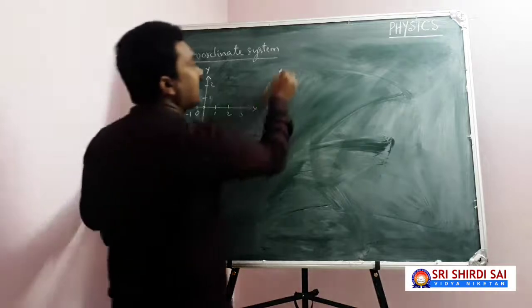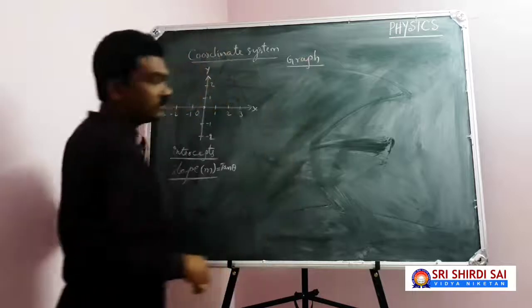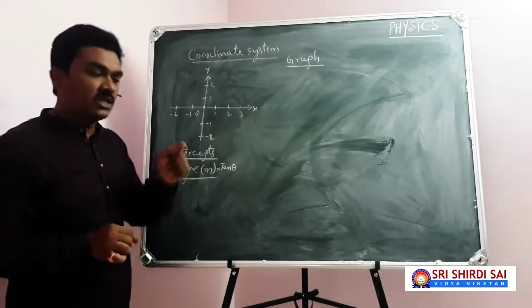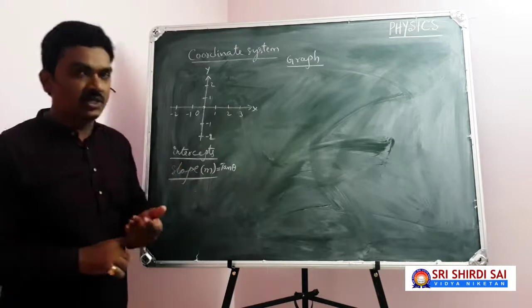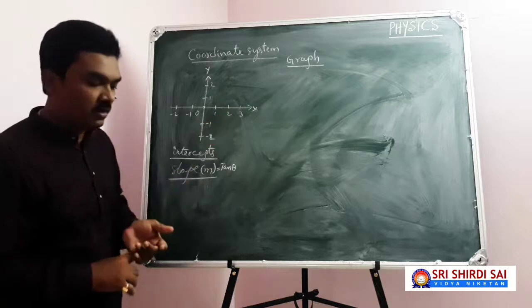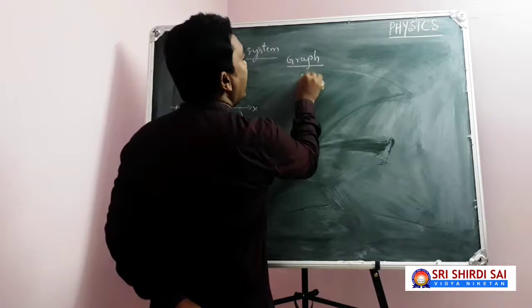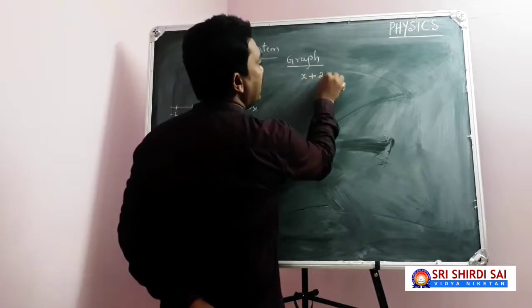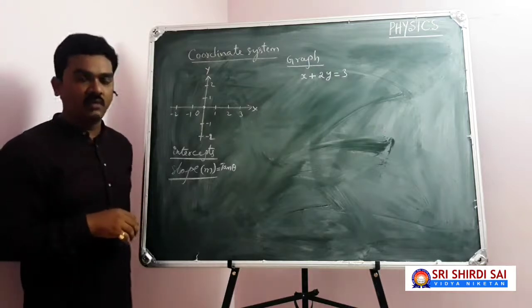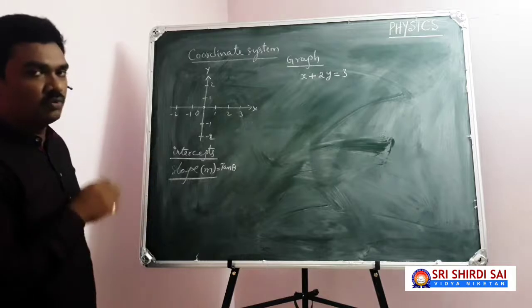Of course, in the earlier class, I have introduced a point to you which is a graph. So a graph is a diagrammatic representation that is given to a mathematical equation. Of course, in the coordinate system, we can have two variables. One is x, another one is y. For example, you take here a mathematical equation x plus 2y equal to 3, a linear equation in two variables. It's a mathematical equation, may not be linear or not, that's different, but equation in two variables.